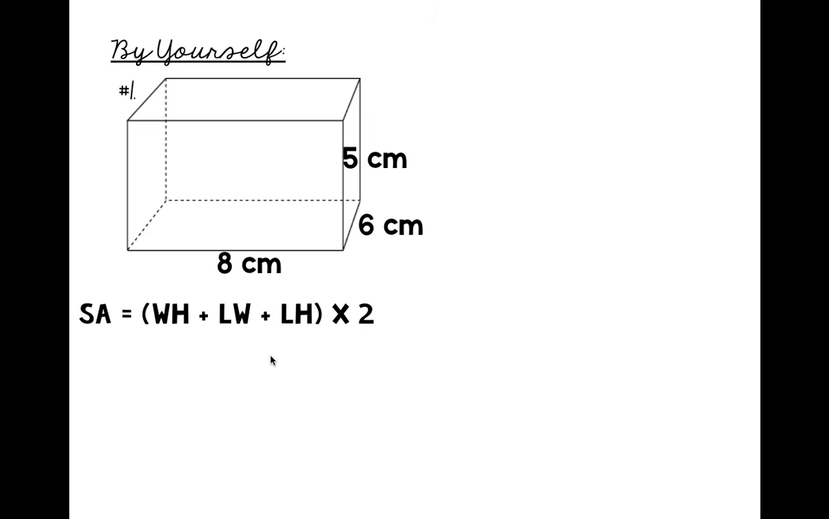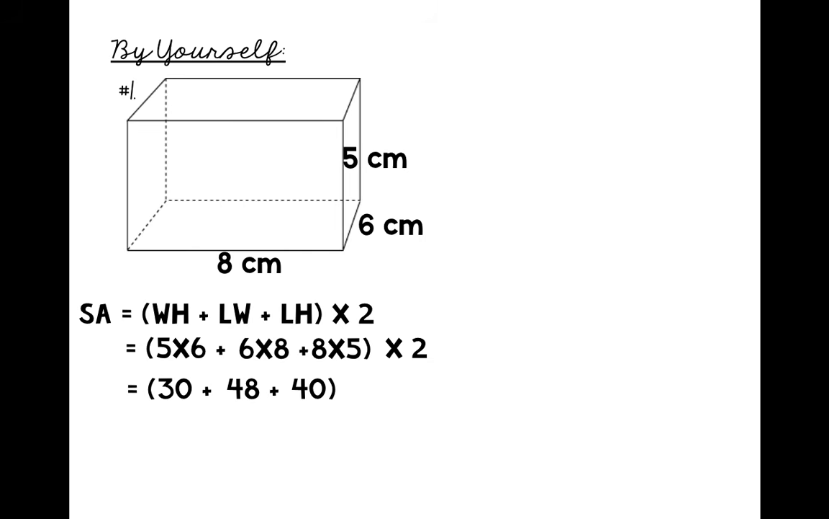Okay? Okay, let's begin. The first one, we're going to do 6 times 5 plus, what is the base? 8 times 6, or 6 times 8. And then this front right here, which is going to be 8 times 5 times 2. Okay, so we have 30 plus 6 times 8 is 48. And then 8 times 5 is 40 times 2. Okay, so go ahead and find the total here. So 30 plus 48 plus 40 is 118 times 2, and then your total for the surface area is 236